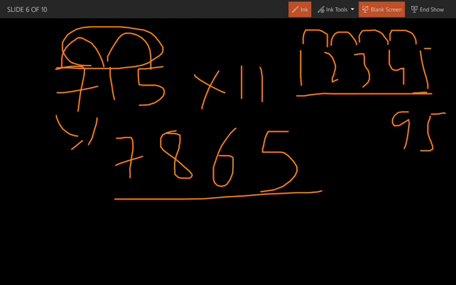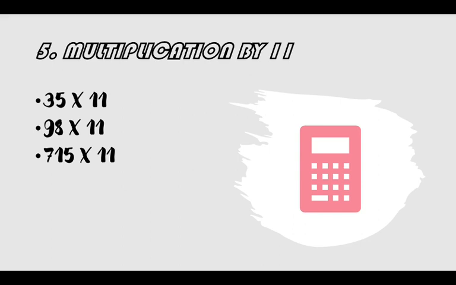5 plus 4, 9, 4 plus 3, 7, 3 plus 2, 5, 2 plus 1, 3, and the first number as it is. So the answer is going to be 135795. Okay, I think you understood up to which term we have to add. Okay, now let's dive into another problem.